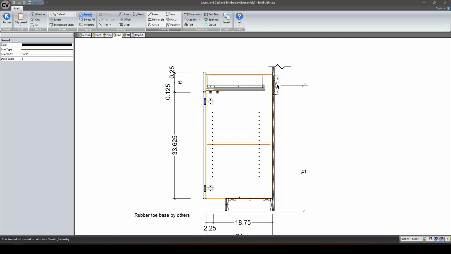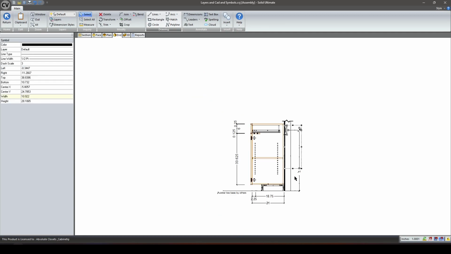And now you've built a section detail that parametrically shows exactly where your blocking is for all of your cabinets. And you can use the same trick for upper cabinets as well, without having to draw the assembly beneath it and the whole wall all the way down. You basically just do the same exact trick, but instead of the top, well, the top would still move up or down, right? But